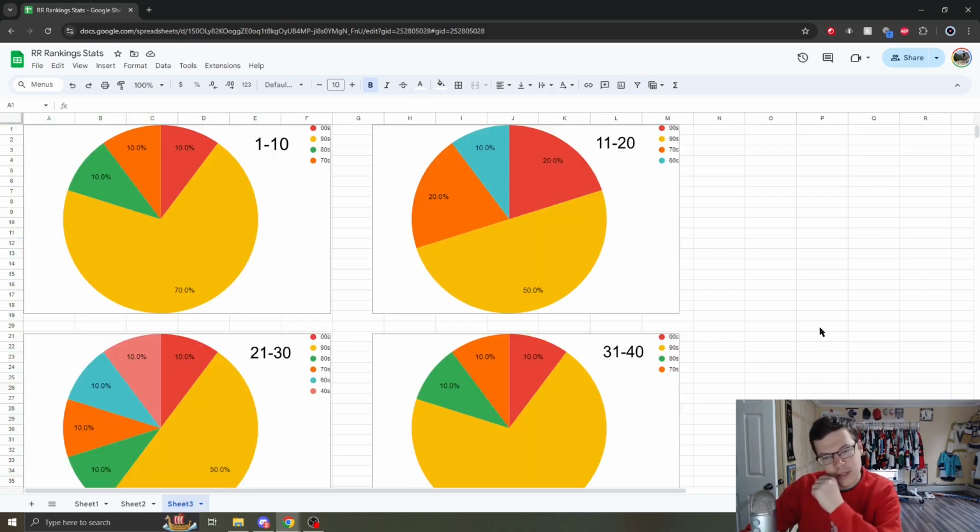So here I just kind of made some pie graphs showing the different breakdowns in the different decades that the jerseys were kind of throwing back to, and these are just based off the numbers on the collars. So some of those numbers aren't completely true to when the design actually came from, but I just used that. So for ranks 1 through 10 on my list, 70% of those designs originated from